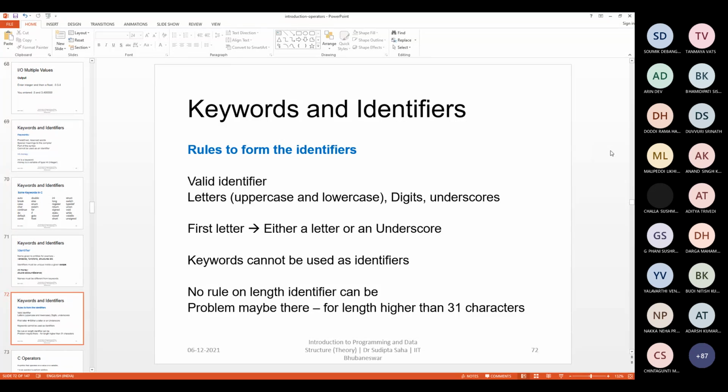Some interesting things can also be defined, like in C programming, variable names cannot be more than 31 characters. So if you provide two variable names having more than 31 characters, how will they be treated? Will they be treated as the same variable or different variables?